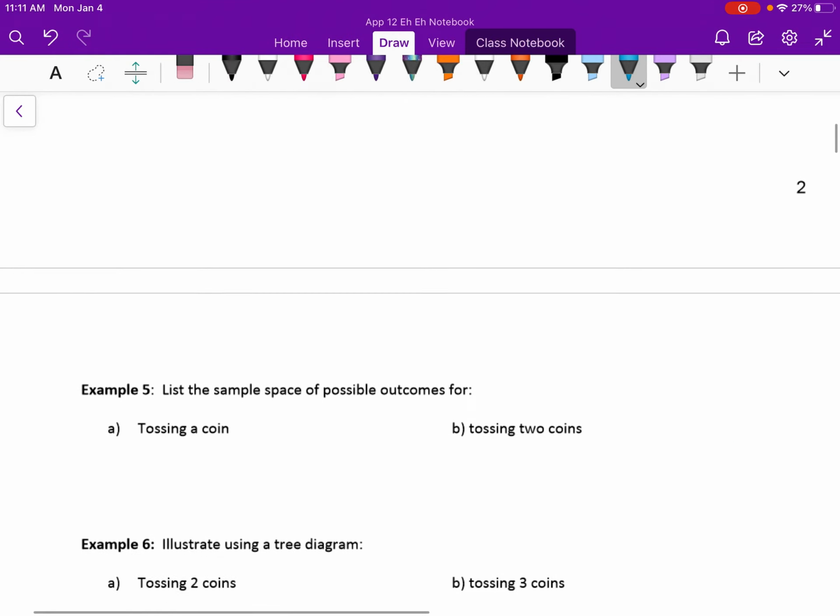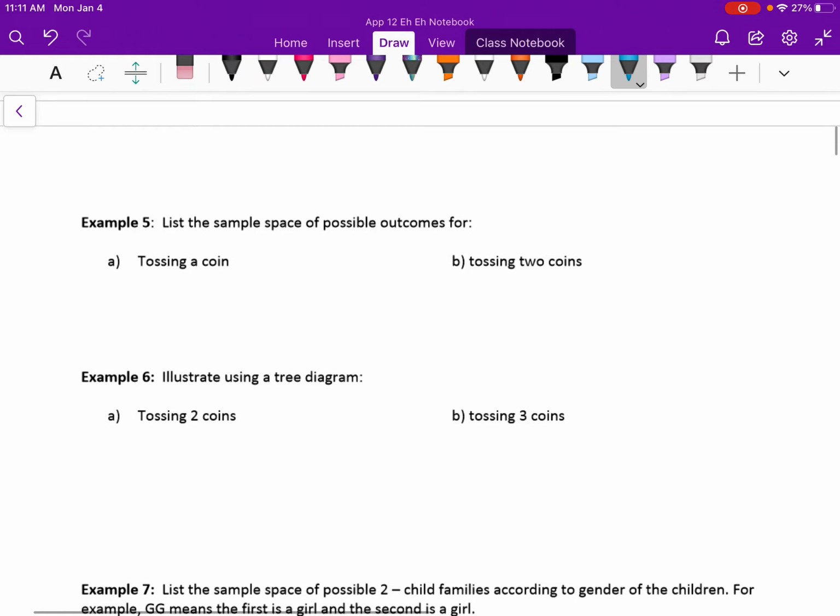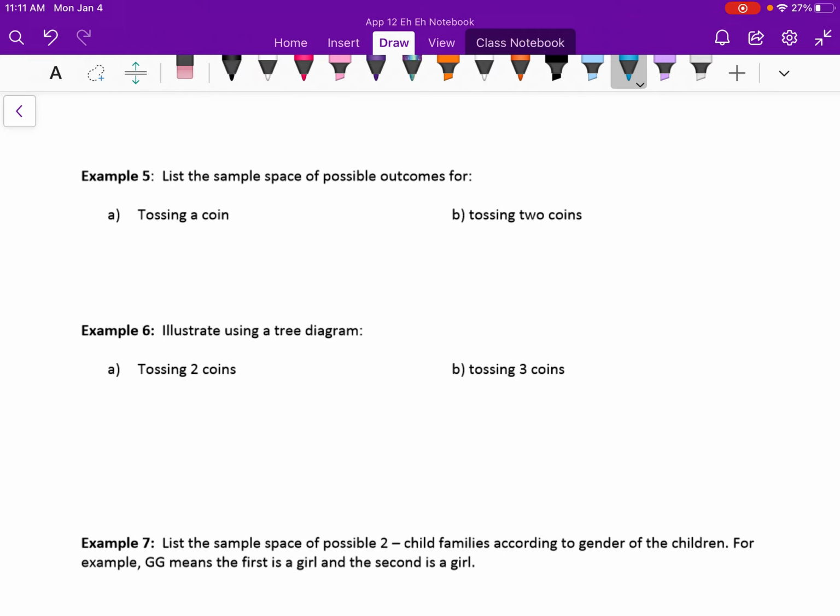All right. So I'm actually going to stop the video there. It seems like a logical place to stop. So that's theoretical versus experimental probabilities, and really important. And stay tuned for